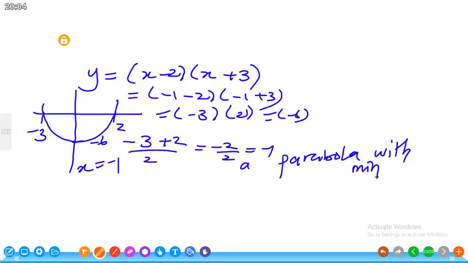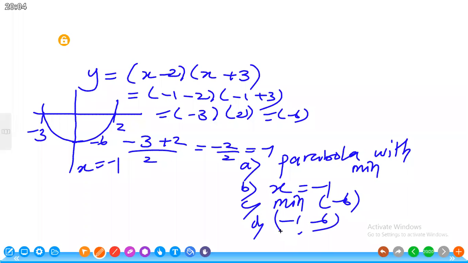Next one, B part, equation of the axis of symmetry. I found it. x is equal to -1/2. Here first find the points where the graph intersects the x-axis, then find the mid value of these, which is represented as the equation of the axis of symmetry, right? C part, the minimum value is here. I found it already. How to find the minimum value, students? When you substitute the equation of the axis of symmetry x equal to -1/2 in this equation, you will obtain the minimum value. So here the minimum value is -25/4. D part, the coordinates of the turning point are (-1/2, -25/4), right?